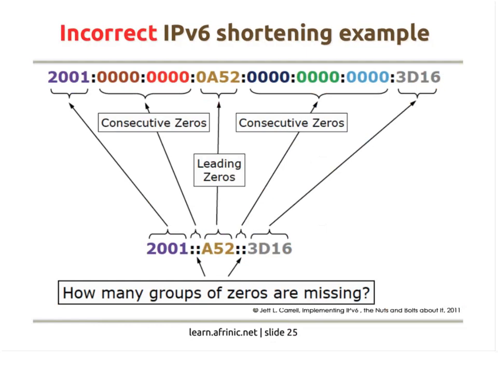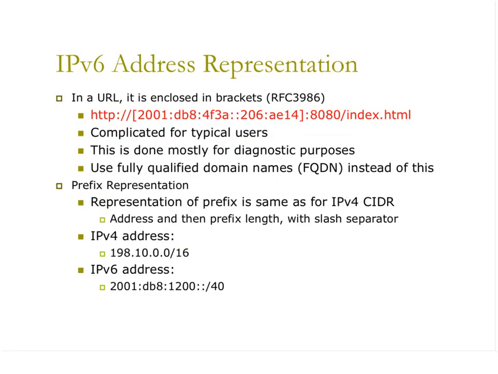This is an example of an incorrect representation. Two double colons is a wrong way to represent it. There are several groups of zeros that are missing, and this is the wrong way to do it. So in terms of